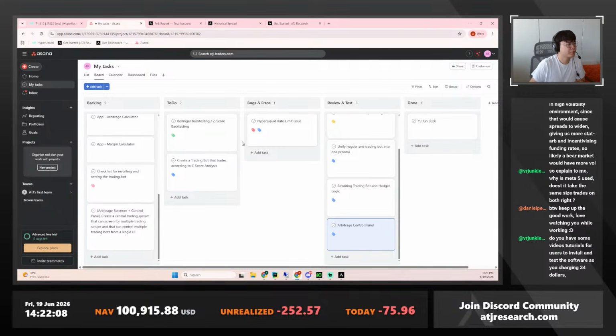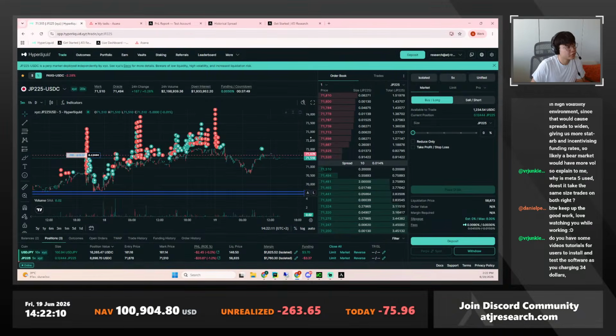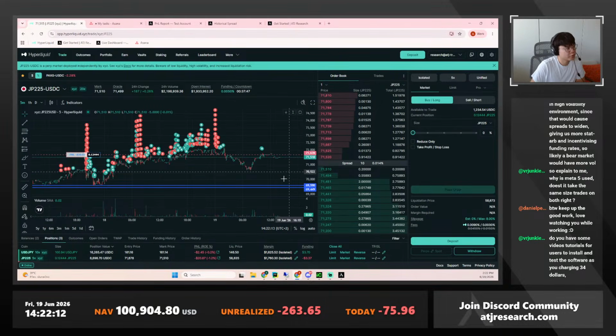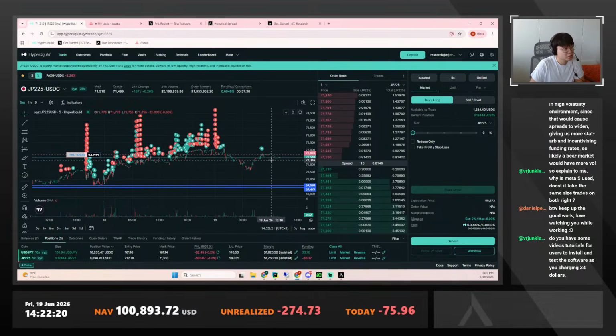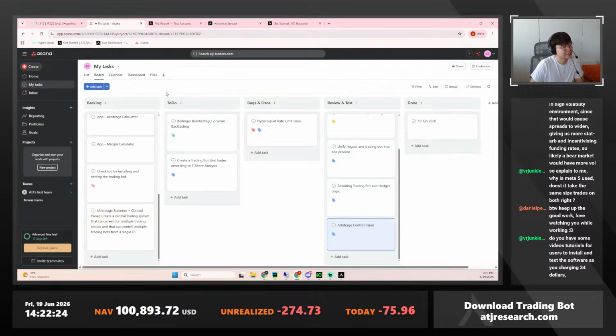When you trade arbitrage, all you're trying to do is correct the pricing. You always want to buy and sell when price is mispriced, and then close a trade when price moves back to its fair value. And what the Bollinger does is it's used